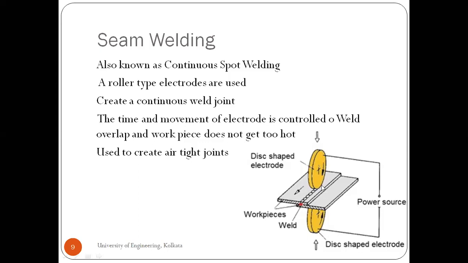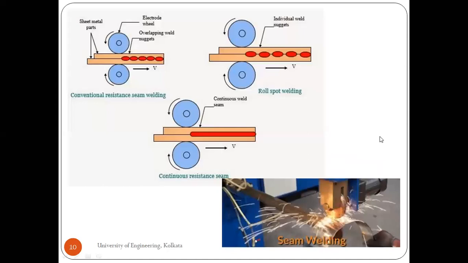So this is a continuous spot welding which is called seam welding, right? The electrode is in the form of a roller or disc, we can say, and the electrodes are connected to the power source, and the weld is formed. Okay, so you can see there are other diagrams of